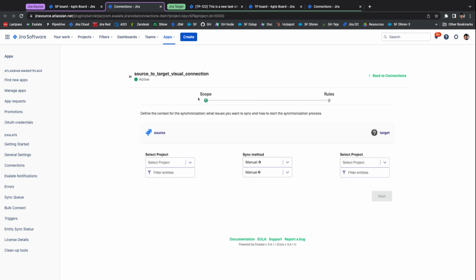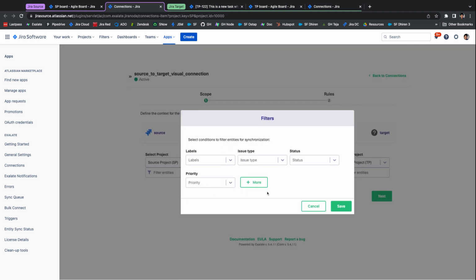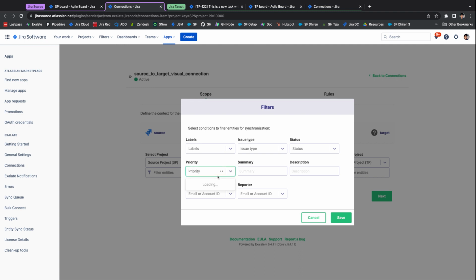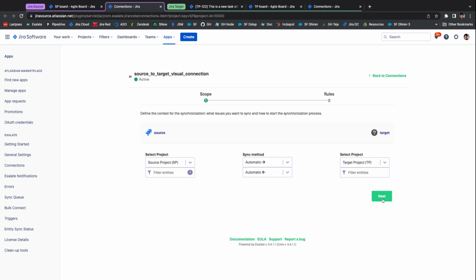The first section here is the scope section, where on the source side you can see the source projects in this drop down. Right now, I only have one project in the source, and on the right side, you would see the drop down which shows the target projects. The good thing here is that you can even choose the sync method. It could be, let's say, manual from source to target, but an automated sync from the target to source. So this is also something that we can control, and we can even provide UI based filters. Let's say that only if the priority is highest, then the issue needs to synchronize. And then if we click on the next button,